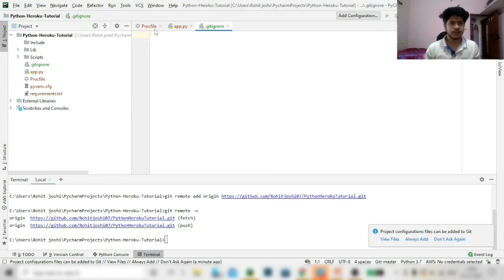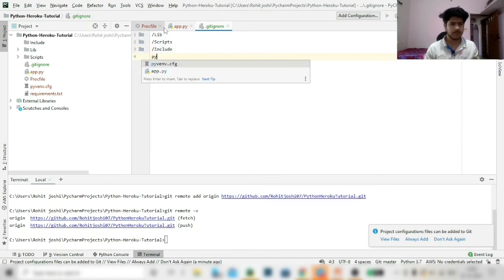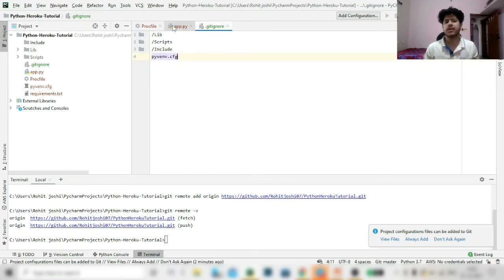Here we can mention /lib, scripts, and include. These files we don't want to include. So this is what we have set in gitignore.